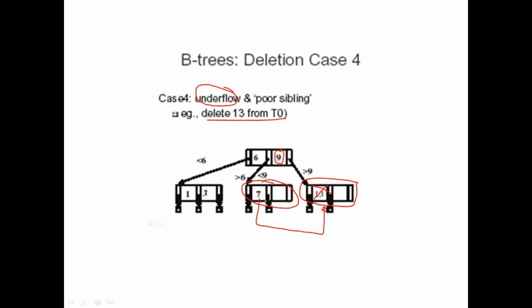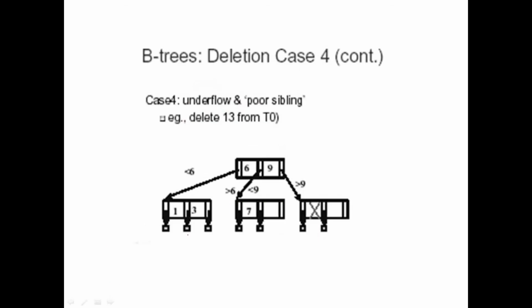So now what you have to do is merge these two siblings, and you have to pull down the parent node. So now after merging of these two nodes, it is not a B tree because